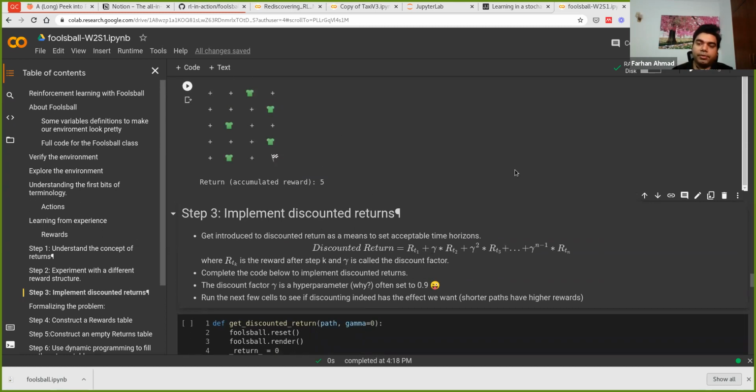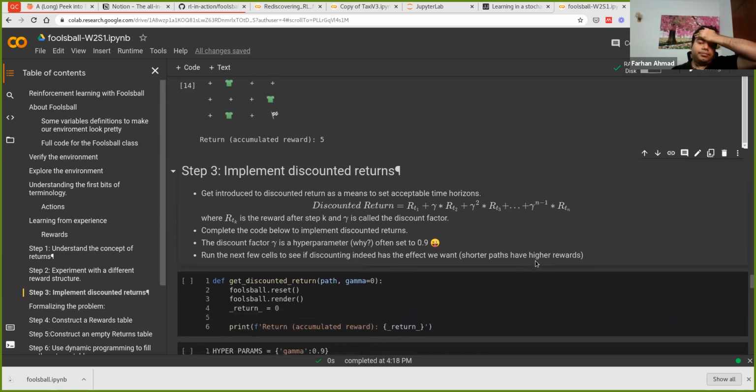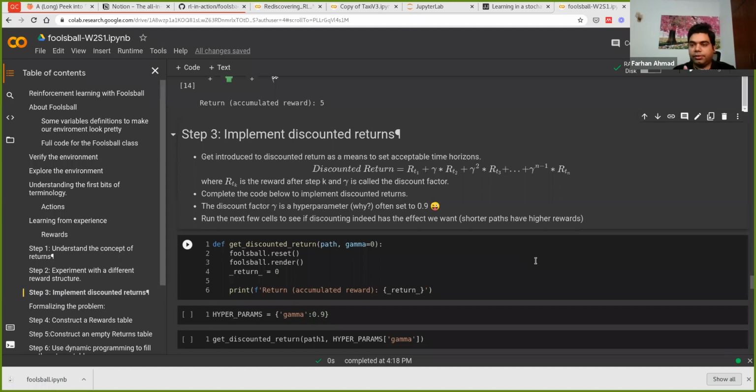So the accumulated reward will be the same if the immediate reward is 0 most of the time. And how we deal with that is through discounts, which is a very simple idea. All we need to do is take the current reward whenever you're computing a return, but then when you're trying to accumulate the reward at the next step, multiply it by a small number, a fraction, like 0.9 or something. And this will ensure that even if suppose all the intermediate rewards are 0, right? These are all 0,